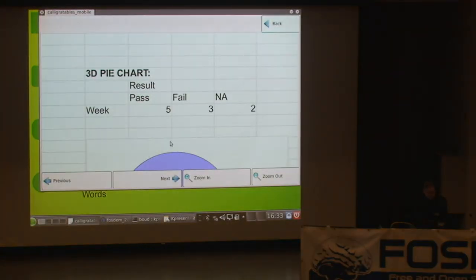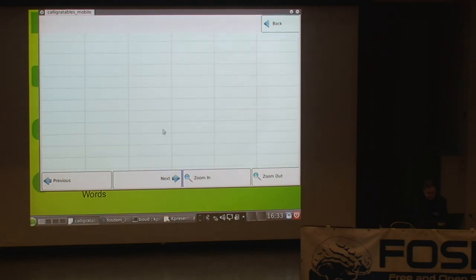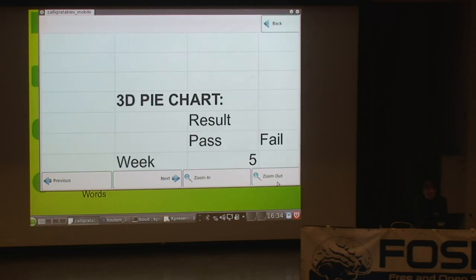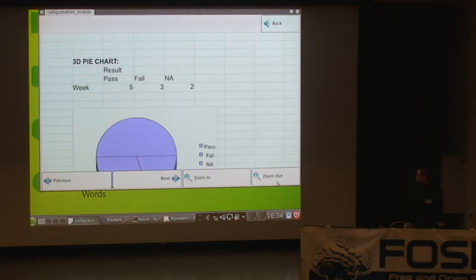This is just a test application. Kinetic scrolling, stuff like that. Zoom in, zoom out. That's a Calligra tables application, but it's got a complete new